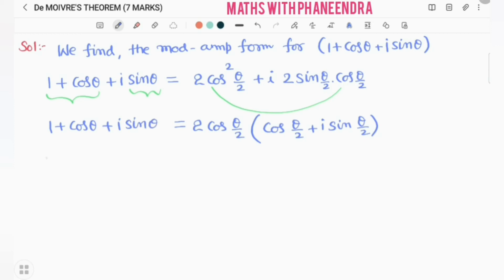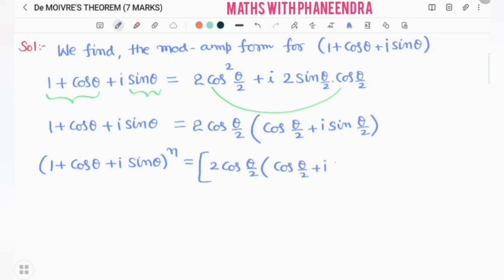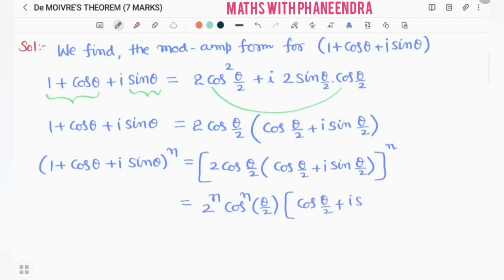But we want whole power n. (1 + cos theta + i sin theta) whole power n is equal to (2 cos theta by 2 (cos theta by 2 + i sin theta by 2)) whole power n, which is equal to 2 power n cos power n theta by 2 into (cos theta by 2 + i sin theta by 2)